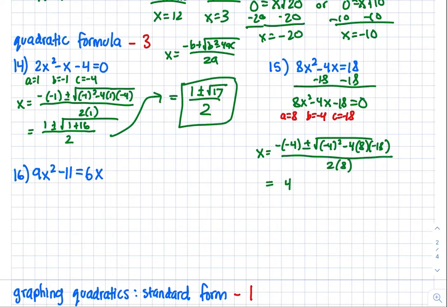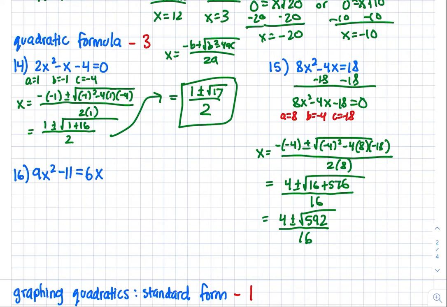So 4 plus or minus, negative 4 squared is 16. Negative 4 times 8 times negative 18 is 576, all over 16. 4 plus or minus, add 16 to this, and we get 592. And square root of 592. Okay, so